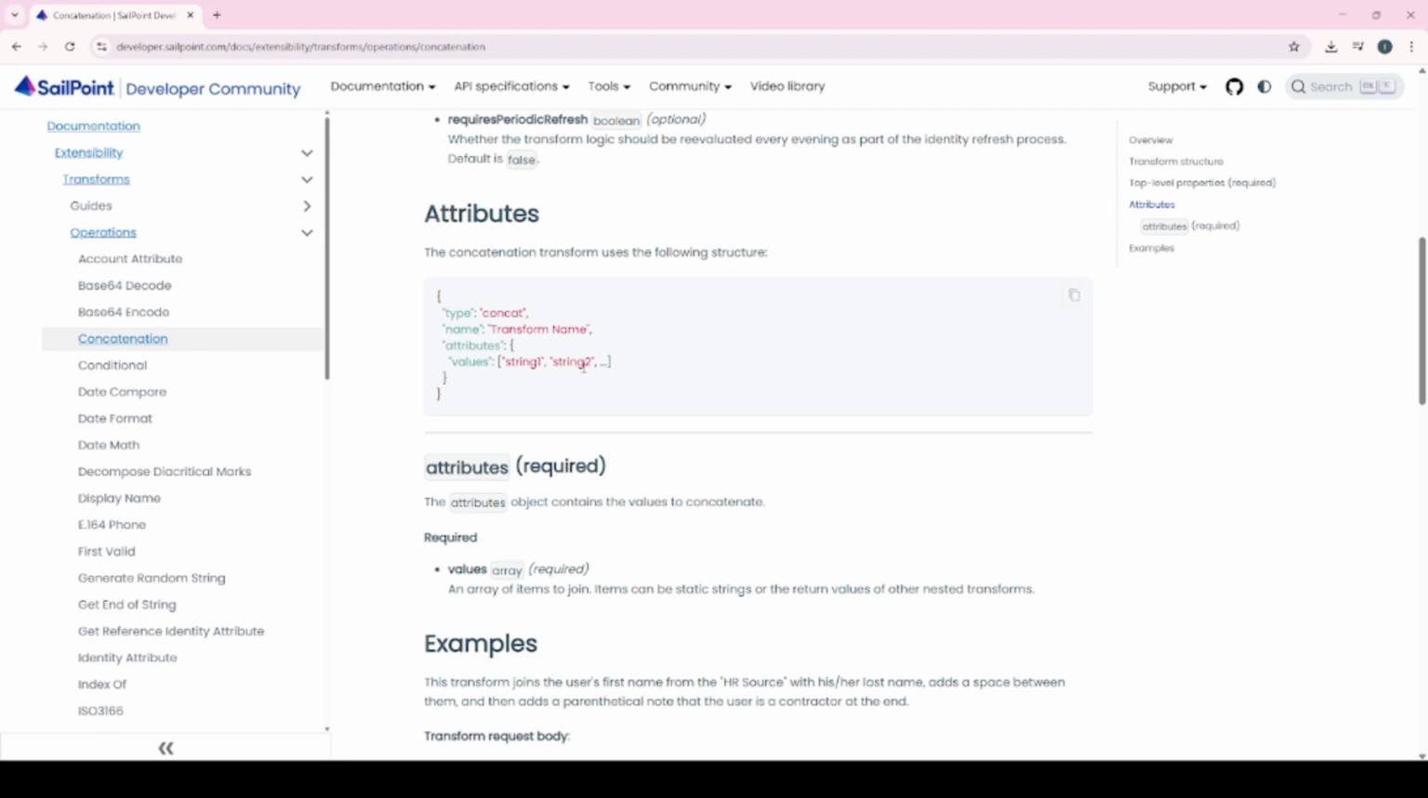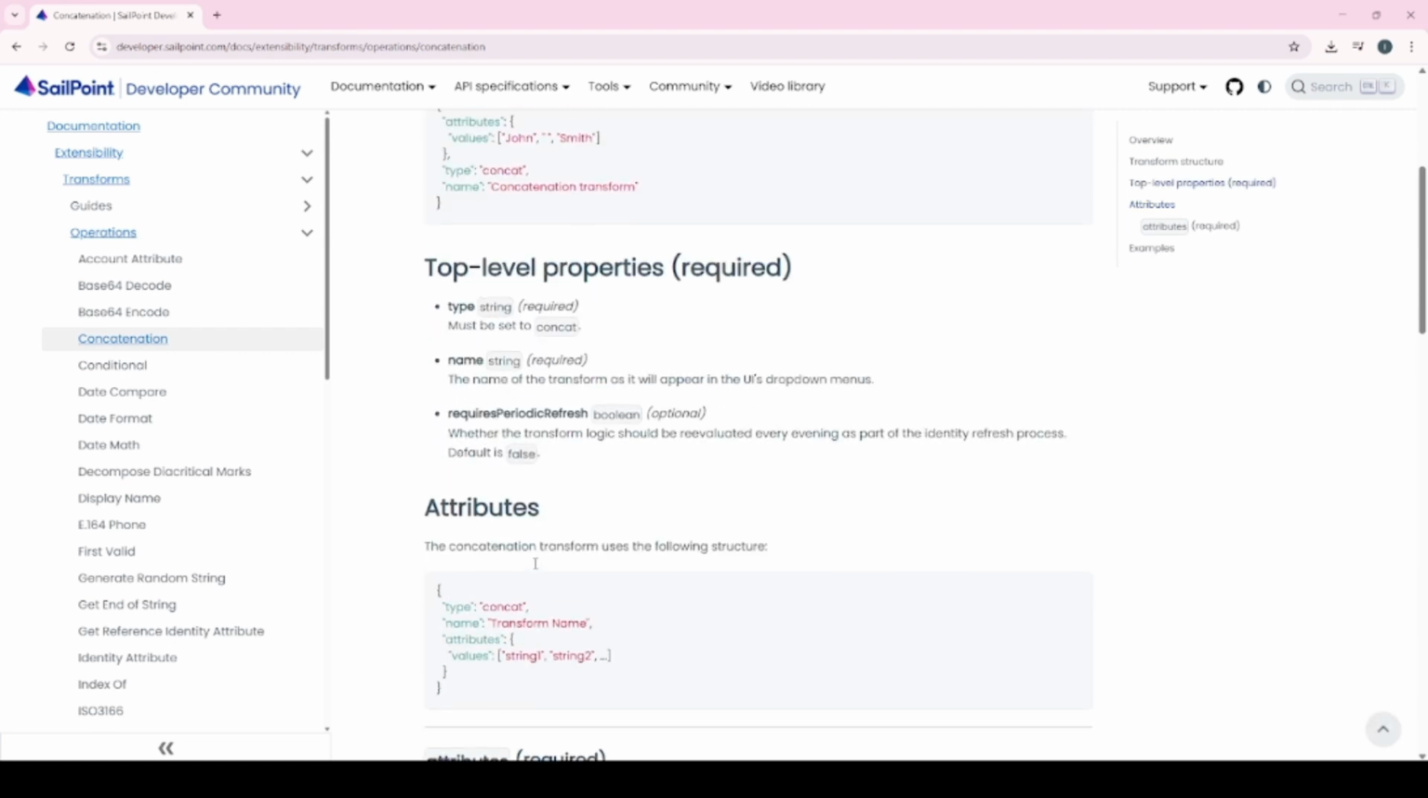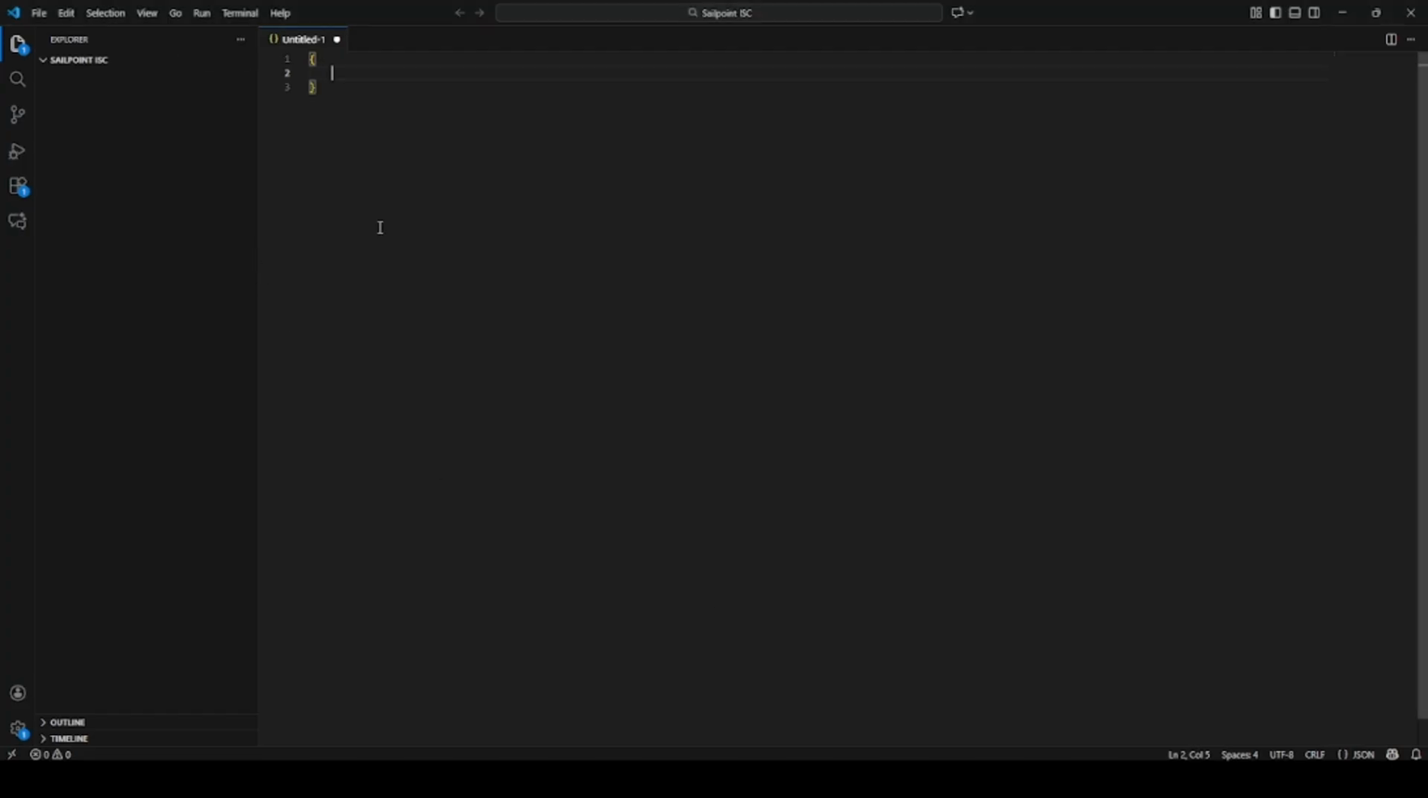Also, if you scroll down a bit, we have other attributes, where values is a required attribute. So let's see, we will start building the transform here. As they have mentioned, let's see what is a type. We'll give a type. The type of the transform is concat,